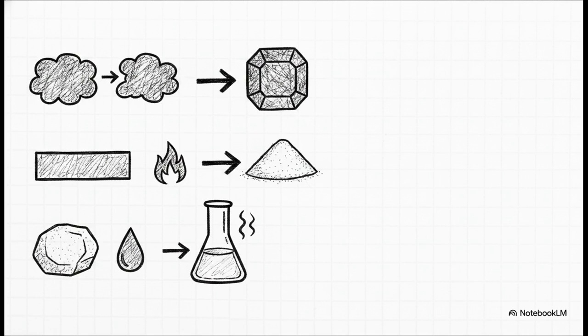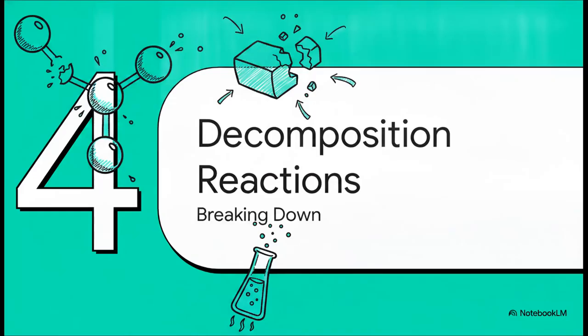Another super common one is mixing calcium oxide, also known as slaked lime, with water. This forms calcium hydroxide and releases a massive amount of heat. In all these cases, do you spot the pattern? The reactants are merging together to form just one single product. All right, section 4,